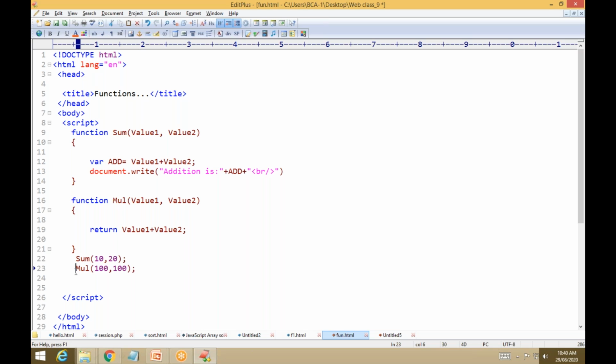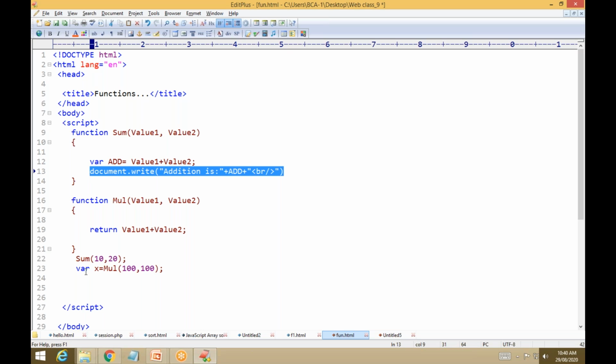After returning, we need one variable to store it, x. x is a variable that can store the multiply value after return. Then what you have to do, just give document.writeln, because you have to print the multiply value using x.